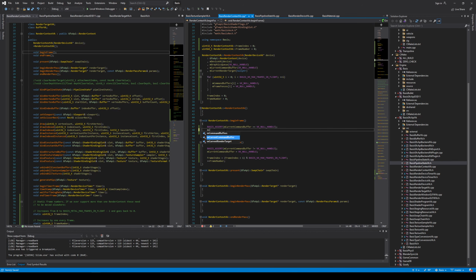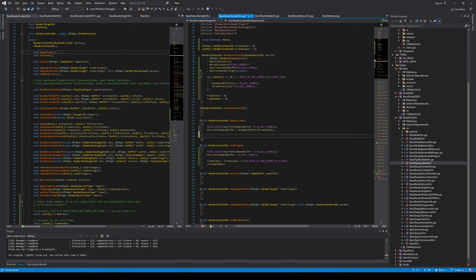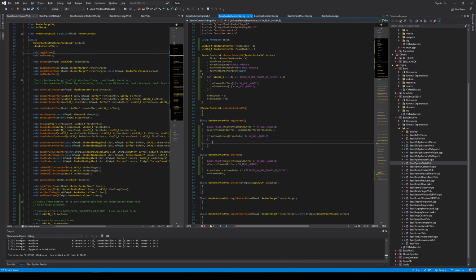And the current command buffer will be m command buffers, and we will use this frame index, which is 0, 1, 2, 0, 1, 2. So that is the command buffer that we want to use for that frame. And then we have this frame fences thing. So if frame fences for the very same command index is not null, that means that there has been a previous frame